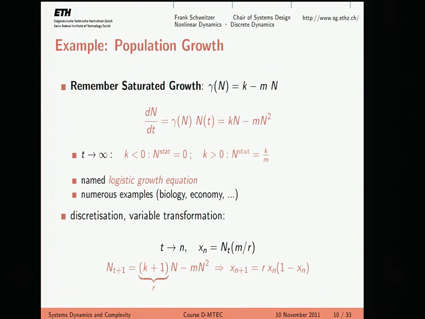So we just do some change of variables. t is now n, and we define xn to be this. What we want to do is to eliminate these parameters, k, m, and n. Because if you think about it, these are 3 control parameters. We just want 1 to simplify things. So by just redefining the variables, we define, right, so